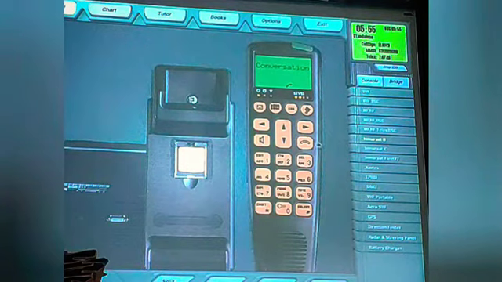4-2. Do it. 4-2, from medical RCC. Safety related issue.